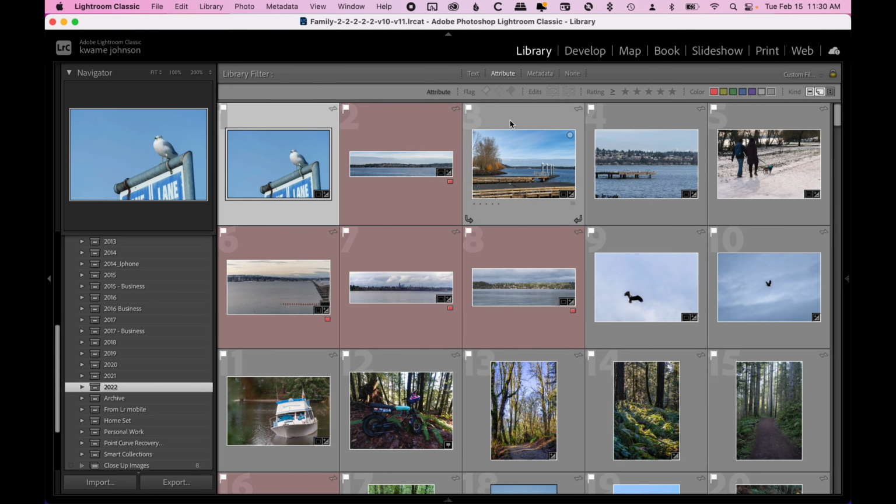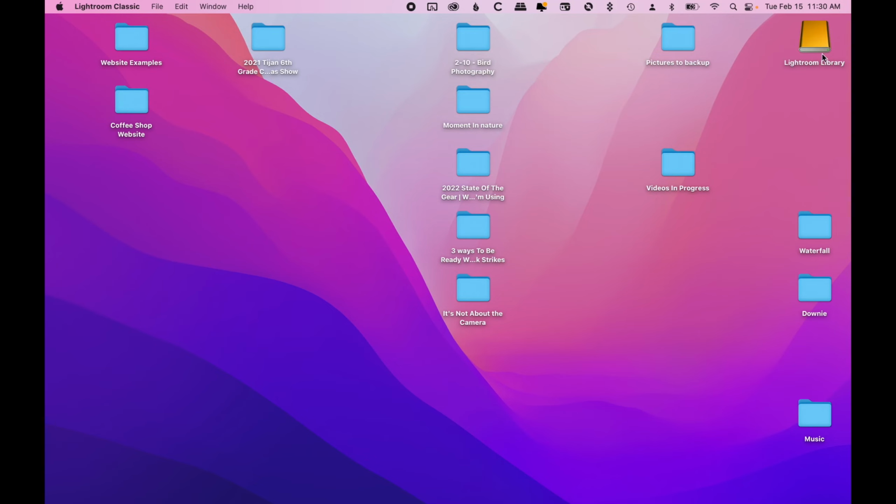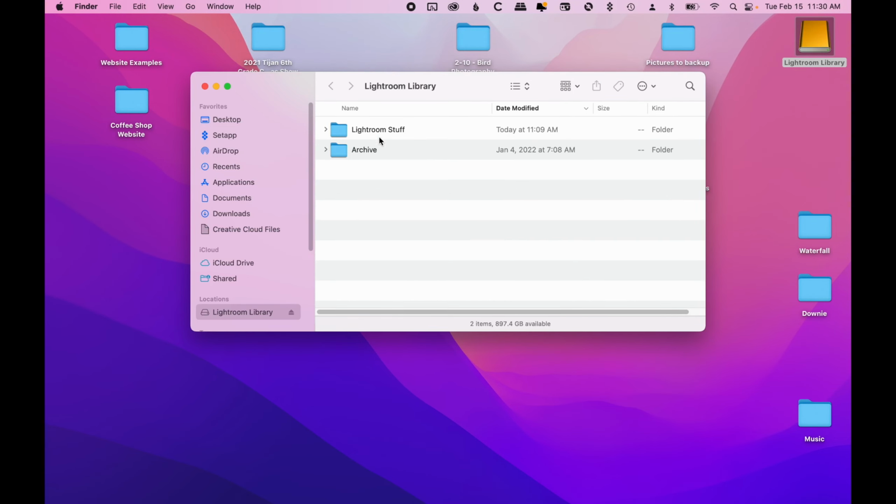So obviously this is Lightroom, and if you don't know what Lightroom is, it's a program from Adobe that's a file catalog indexing system. So it doesn't import your pictures into the program. You just show Lightroom where your pictures are, and you can edit them and all that good stuff from there. So let me jump over to my actual hard drive